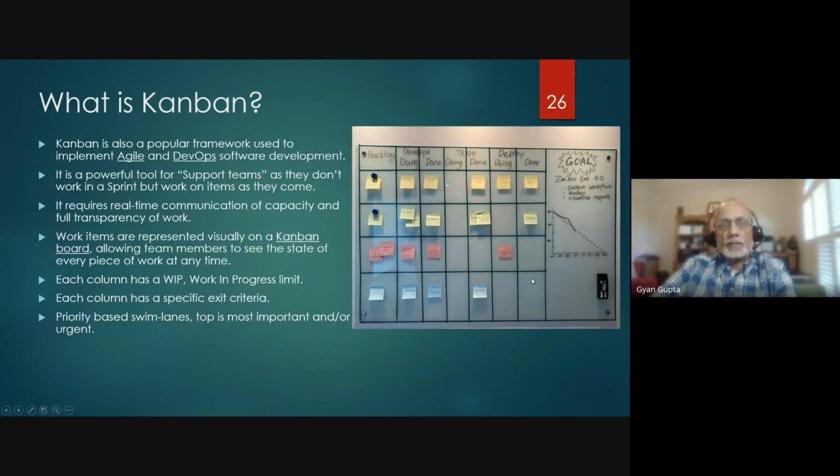All right. So Kanban is a popular framework used in Agile DevOps, right? So the work items, this is something we call a Kanban board. This looks pretty much similar to a Scrum board, but there's a basic difference in there, right? Here, the work items are represented visually on the Kanban board, allowing members to see the state of each piece of work. So what we do here in the backlog, all of the things that we need to work on today,